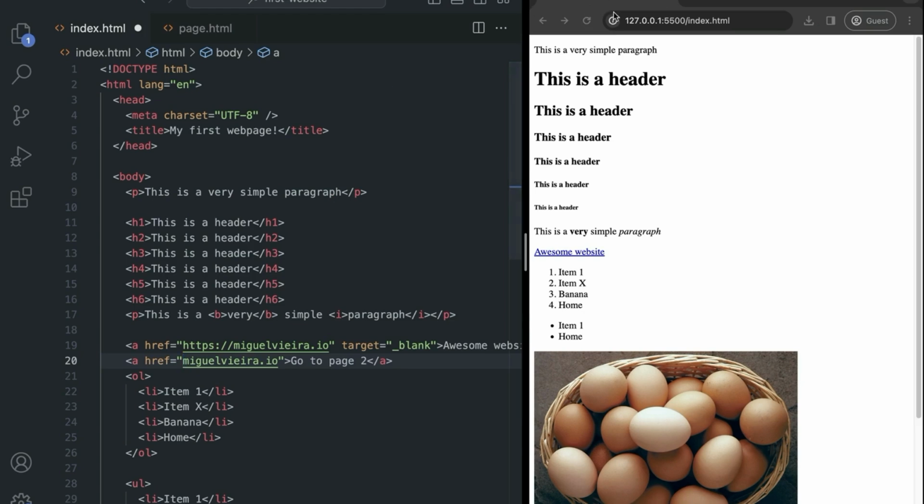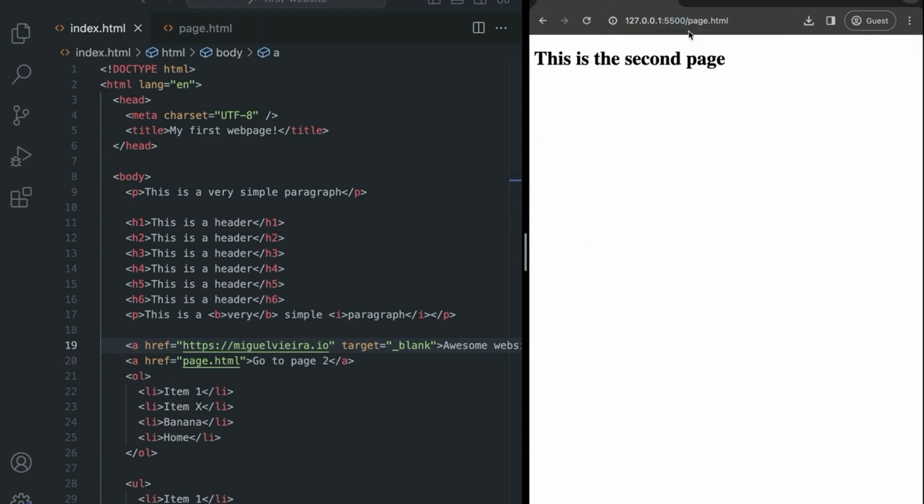So in our case, it's going to be the 127.0.0.1 with the 5500 port. But instead of being on the following file, it's actually going to be on the page.html we've just created, like so. So now, as you can see, we have a new hyperlink. If we click on it, then we are going to go onto the page.html with the HTML for our second